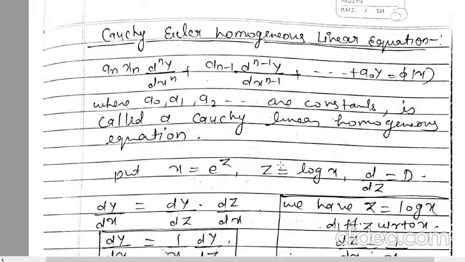If you have a second order differential equation, then what will the equation be? x^2 d^2y upon dx^2 plus, because the order is 2, d^2y upon dx^2, the order is 2, so you have a variable multiplication of x^2, right? Same order multiplication.